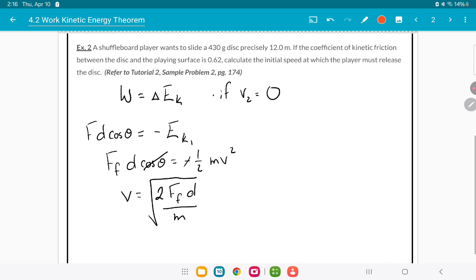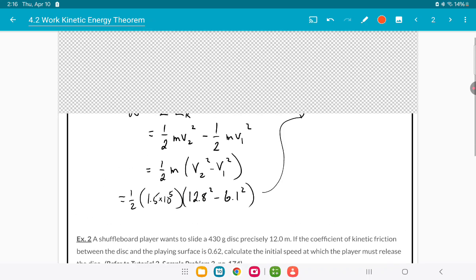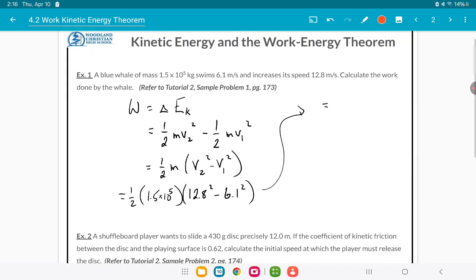For example 1, sorry, we have a blue whale of 1.5 times 10 to the 5 kilograms. It's swimming at 6.1 meters per second, and it increases its speed to 12.8. So calculate the work done by the whale. So this is referring back to that formula that work is equal to the change in kinetic energy. There was some initial speed, and then it went up to some final speed. And the difference between those two numbers is the amount of work that was done on the object. In this case, it's the whale,